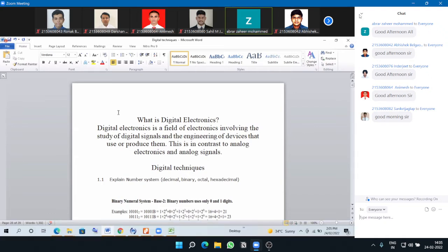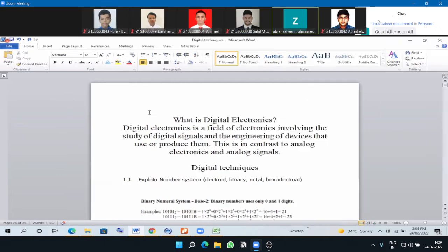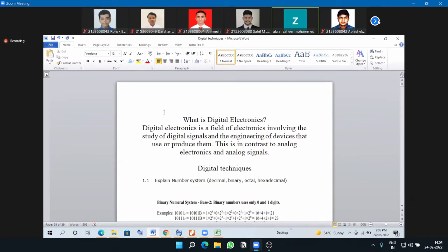So in digital electronics, we have different gates, that is logic gates: AND gate, OR gate, NOT gate, and universal gates, that is NAND and NOR. We are going to study the different types of digital circuits, that is flip-flops, adders, then multiplexer, demultiplexer, counter, shift registers, all these things we are going to see. So first, we are going to start with the number systems, okay?